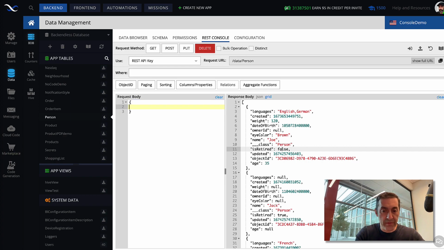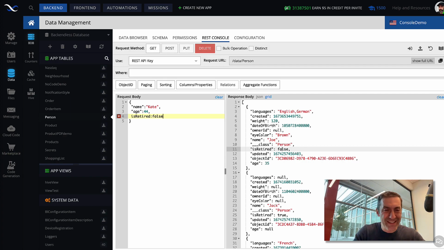a new person, and the name for that person is going to be, for instance, Kate. Assign age, which is not critical, and isRetired would be in this case false. Well, 44, someone could be retired at that age, but it doesn't really matter.